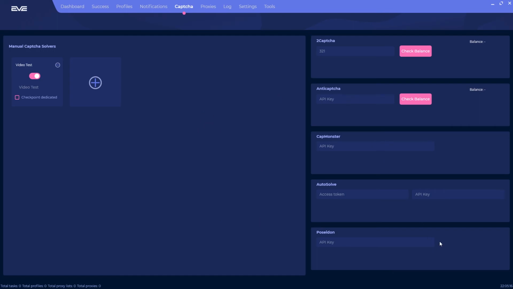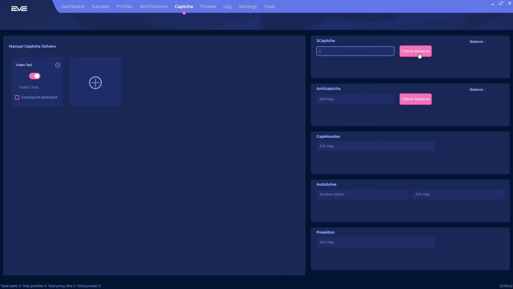Now to break down this part of the page, it's essentially Captcha services that will also allow you to go ahead and solve your captchas that are coming through from your task. So 2Captcha, Anti-Captcha, and Cap Monster are Captcha solving services. So essentially what you guys can do here is put in your API key so you can use these services, and for 2Captcha and Anti-Captcha, you can go ahead and put in your API key and check your